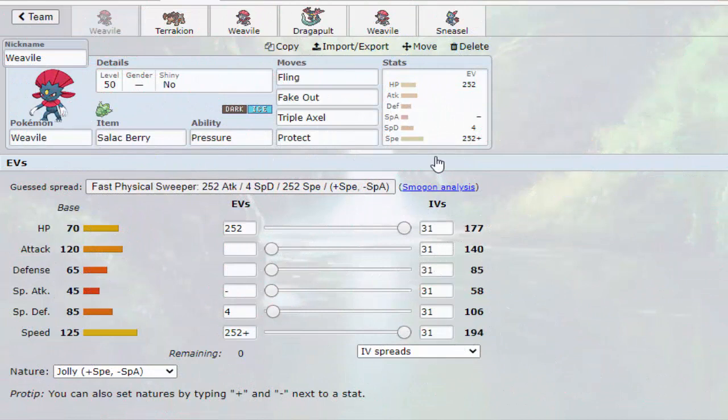Let us begin. Weavile. Alright, so Weavile and Sneasel can be used in very interesting ways. I've seen them used by a close friend of the channel, Wi-Fi Merriman, where he used a Weavile to fling a Salac Berry to a Terrakion